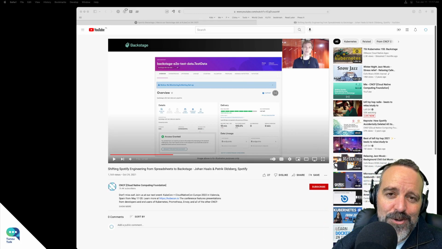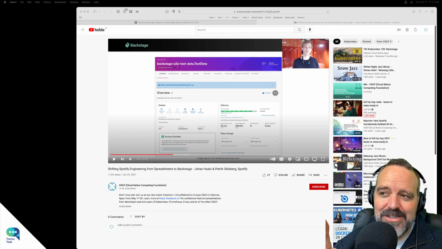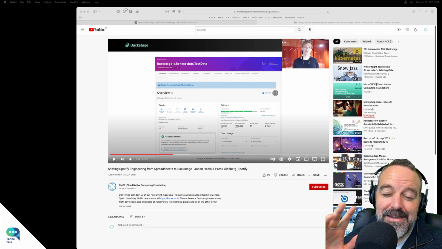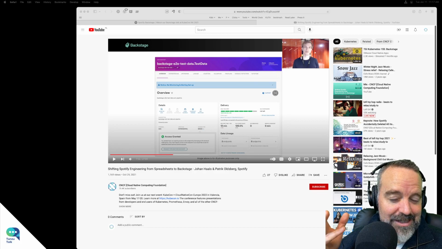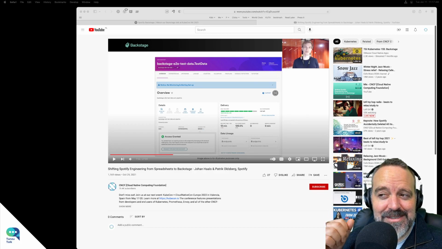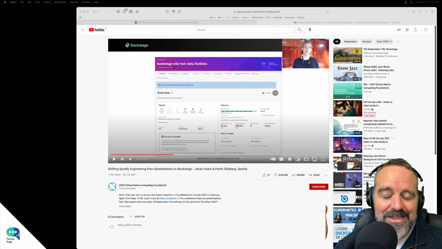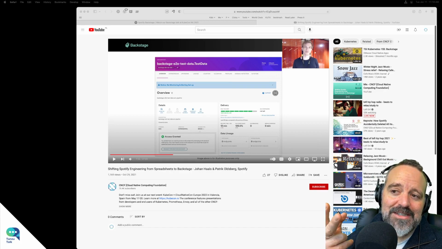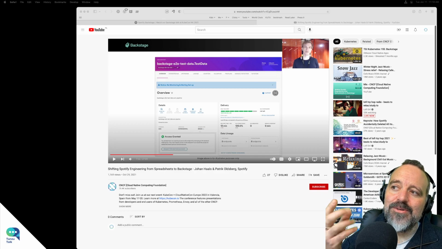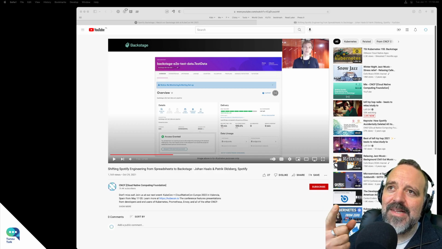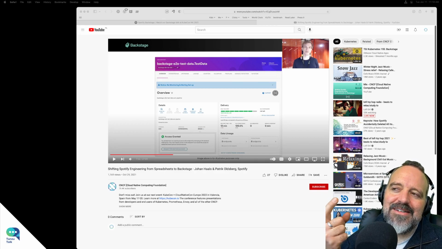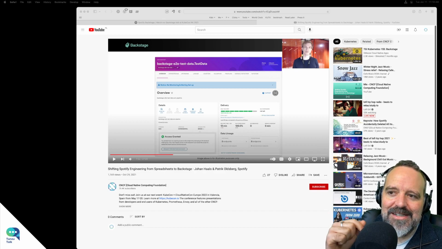Now, there's a fourth bucket of things that I think Backstage does that makes it interesting. And by interesting, I mean, why do we need this thing? Aren't we just reinventing the same thing over again? There's two reasons why you reinvent the same thing over again. Well, I should say three. One is the old way just doesn't work in the context anymore.